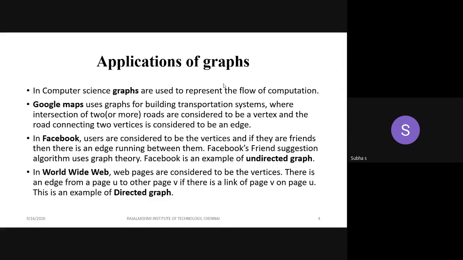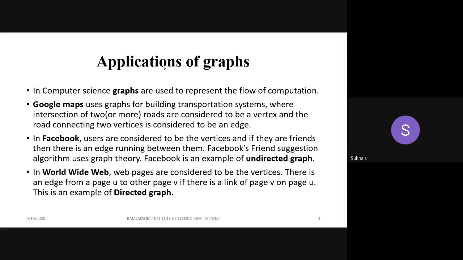Assume students A and B. A is one person, B is another person. They are connected if they are friends. A can have some 100 friends, and those 100 friends can be mutual friends for whom? B. B can have some 20 friends. So from B I can have C, D, E, like that. So all those users are connected. That is done through the graph data structure only.